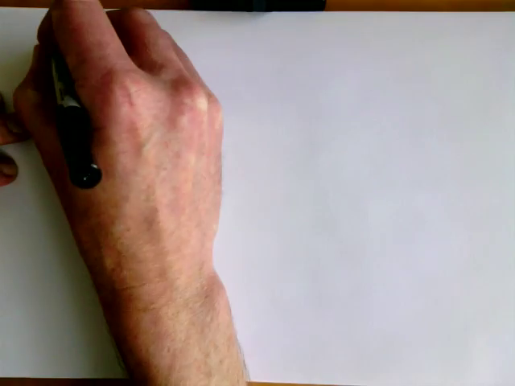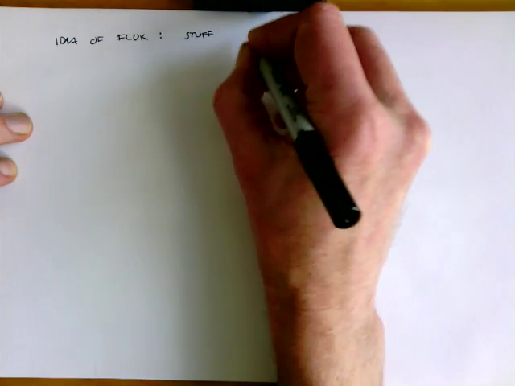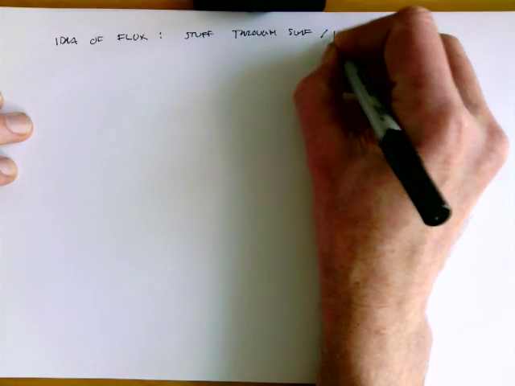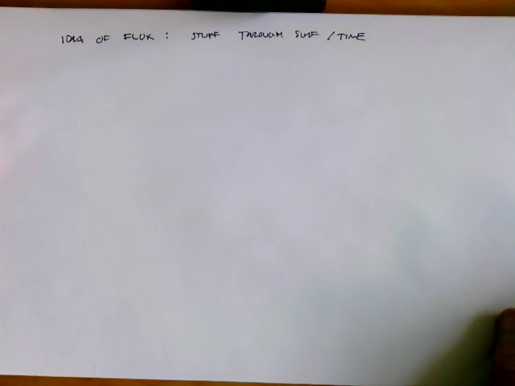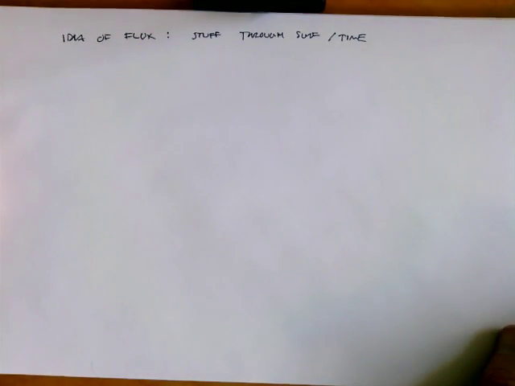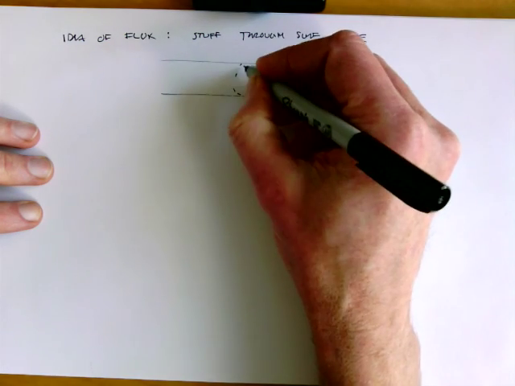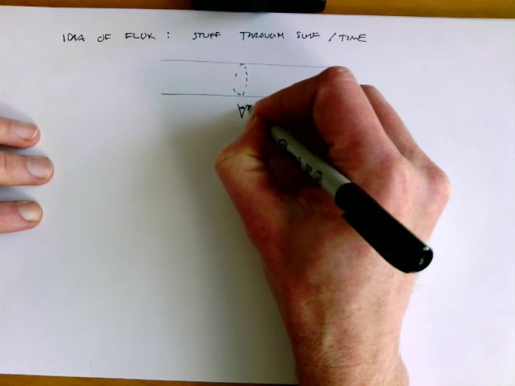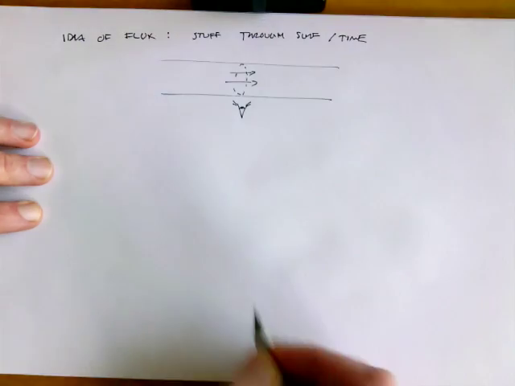The idea of flux that we've already dealt with is this concept of asking the question: how much stuff is passing through a given surface per unit time, right? So you've got some sort of flow of physical material or some flow of energy or whatever it is, and you're asking how much of that material is actually passing through a given surface. We thought about that first in the simple case of a pipe, right? So we took some surface that was a cross-section of the pipe and sat at this point, this is an eyeball watching, and asked how much stuff is passing through that surface